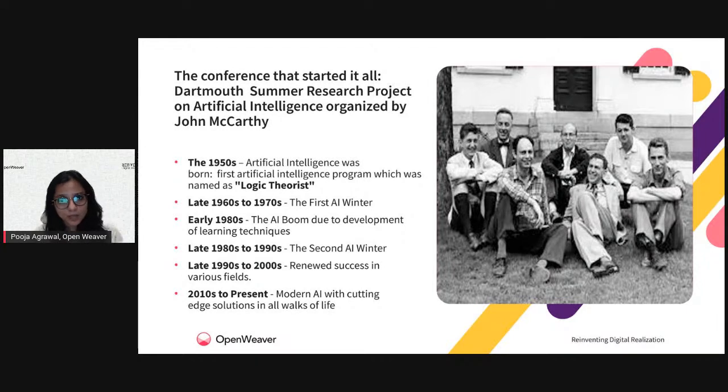But after the introduction of this program, it took pretty long to develop the technology of artificial intelligence that you learn about and talk about so much today. Why not before, if the term was coined in 1956? The reason is that in the 1960s and 70s, nothing much moved. It was a simple winter, followed by a little bit of development or a boom because of the learning